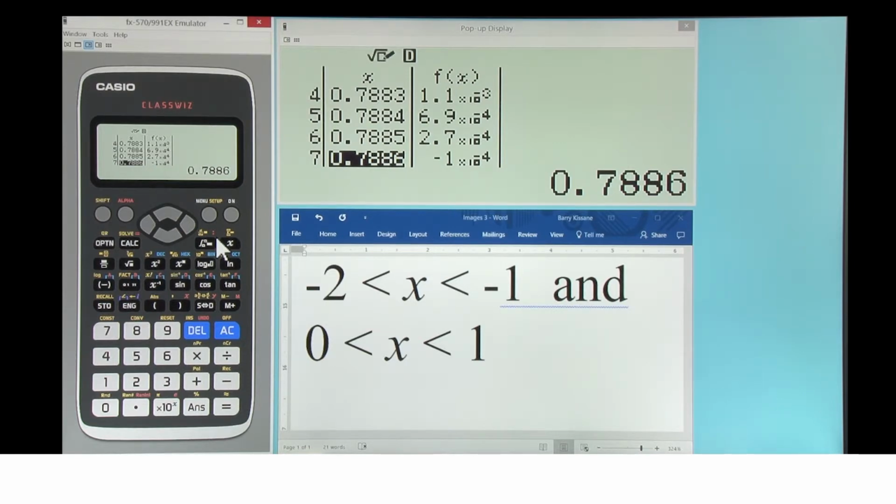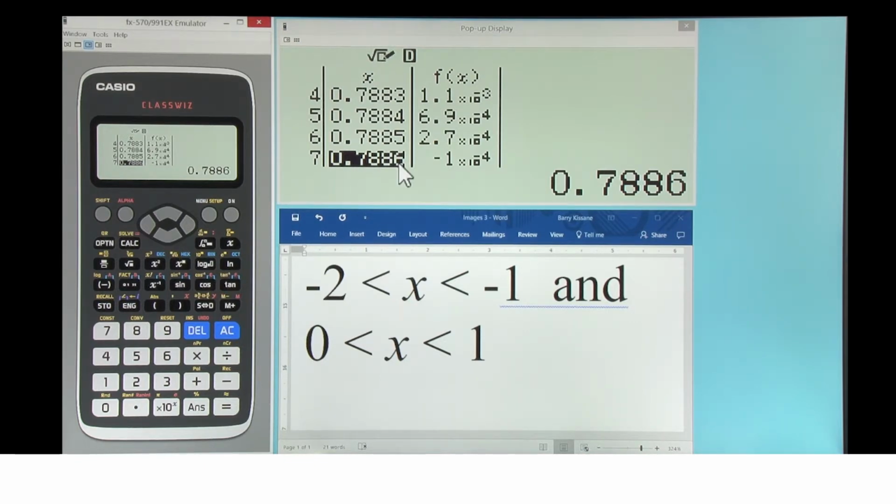Students can use another table facility to get even closer than they have to this particular value. Maybe we'll do it just one last time to show how this works. We can see 0.7885 is a little bit too small and 0.7886 is a little bit too large. We can change the value in the table directly. So I'm going to change this value.